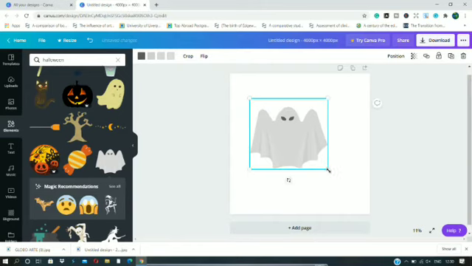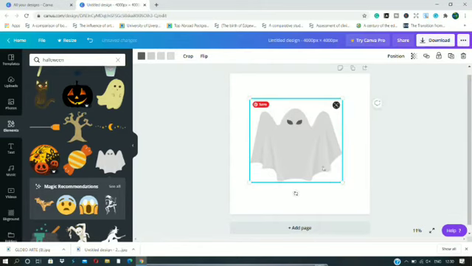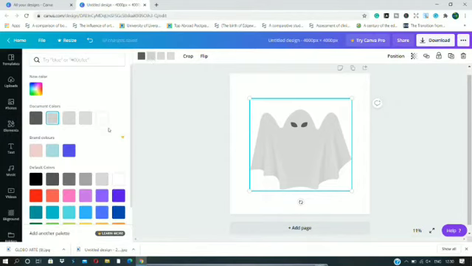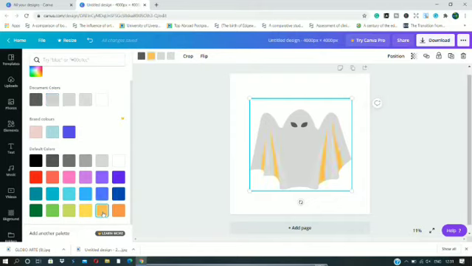So I'm going to just resize it. Just increase the size a bit, and yeah, it's a little bit too white. I'm going to change the color of it, make it yellow and orangish to make it look like a ghost. So okay, this one is the yellow. We need to go for the yellow. Okay, and this one would be a little bit darker shade of orange. So now you can see our ghost looks black and yellow and even orange.